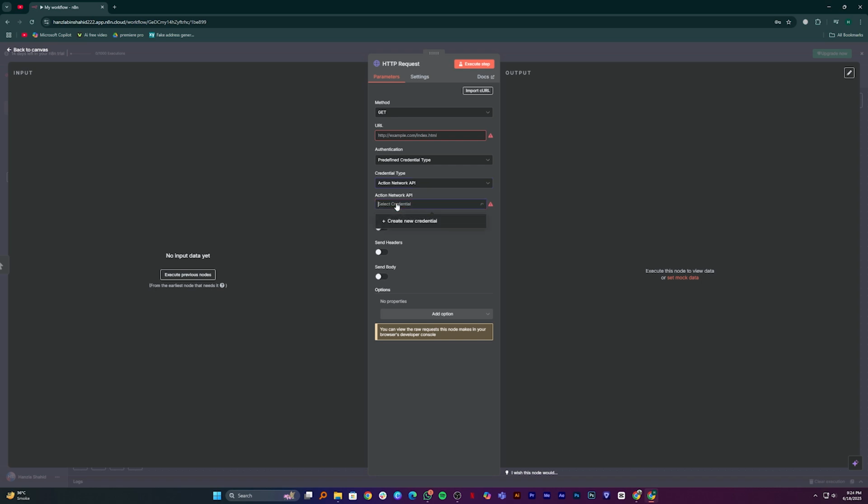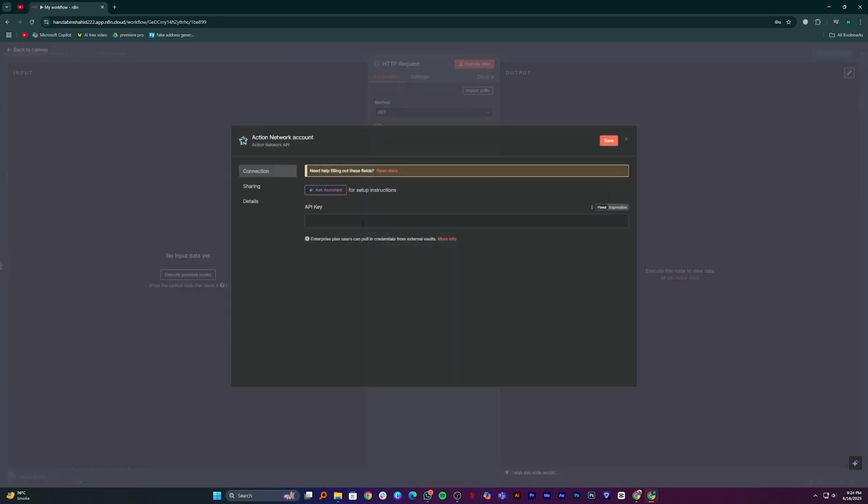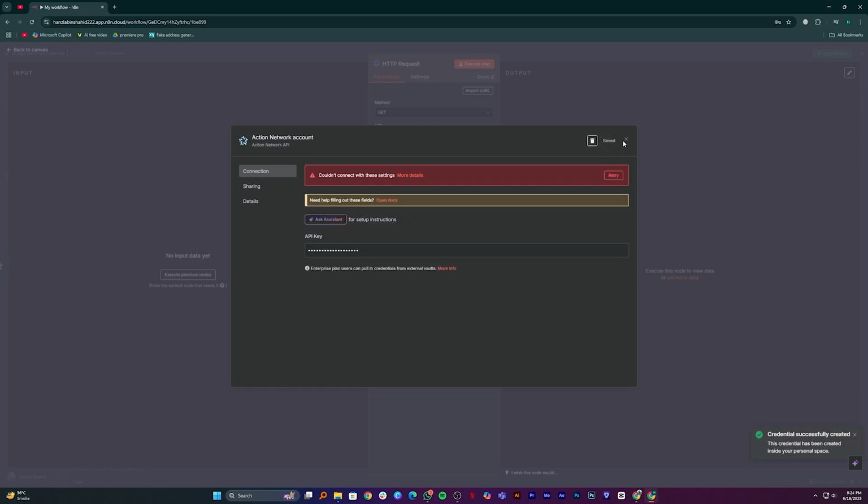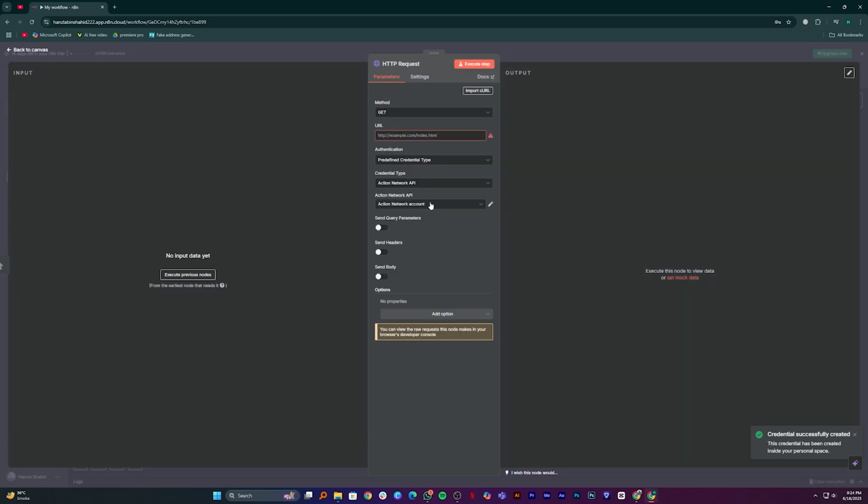Then, click on Select Credential and choose Create New Credential. Here, enter your Squarespace API key in the required field. After that, click on Save to store the credential. Now, turn the toggle on or off for send inquiry parameters, send headers, and send body depending on what your